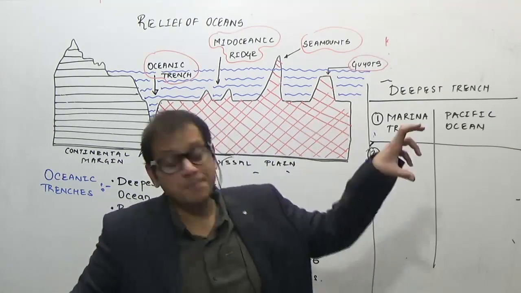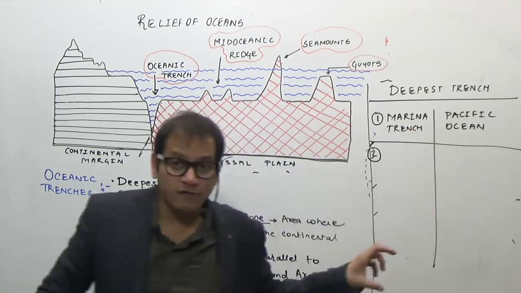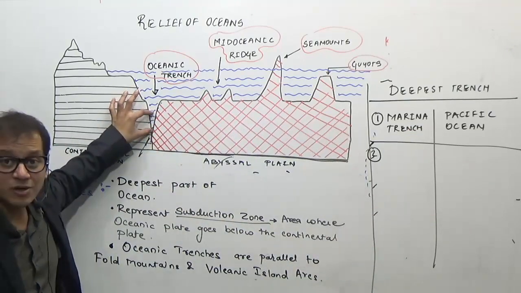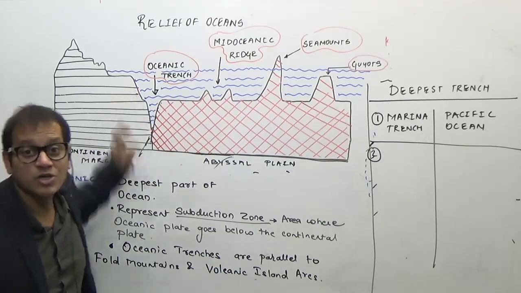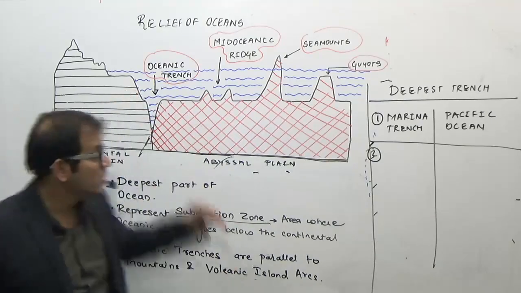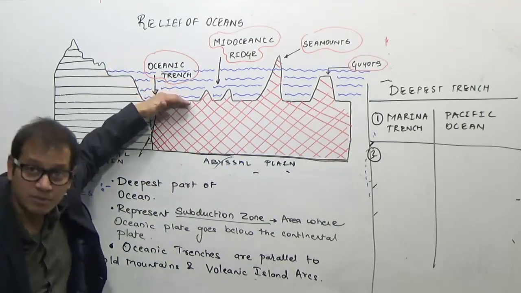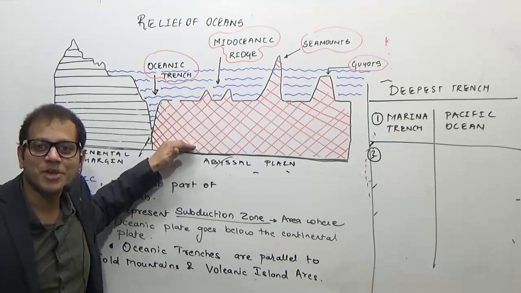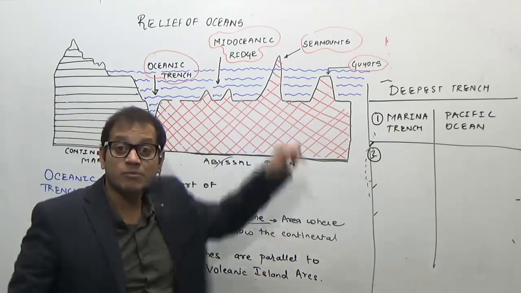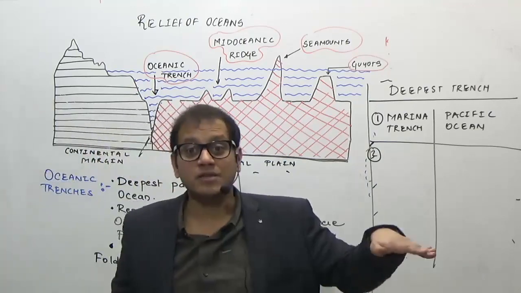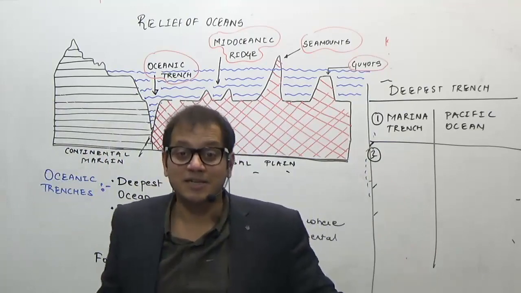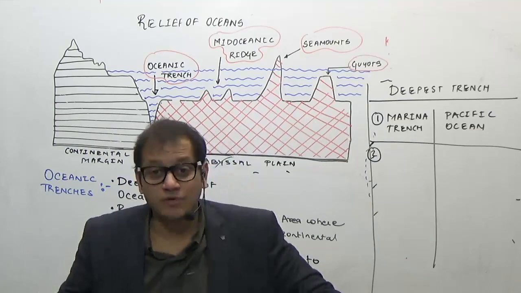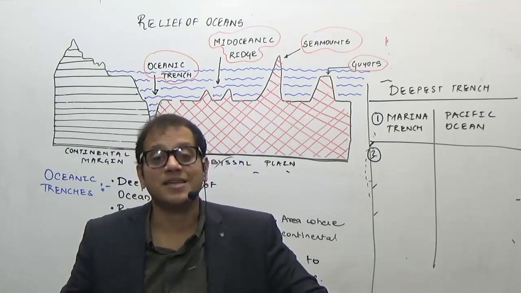So if you keep Mount Everest at the floor of the Mariana Trench, you will see that Mount Everest does not even come out of the Mariana Trench. So deep is the Mariana Trench. The initial 6,000 meters, 6 kilometers, plus 12 kilometers deep, so around 18 kilometers deep from where we are living on the sea floor. So unexplored are the oceans. So little we know of the oceans because they are deep inside the earth.